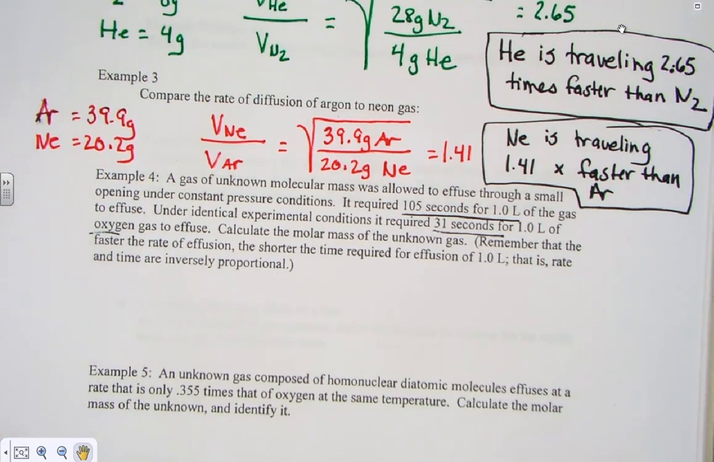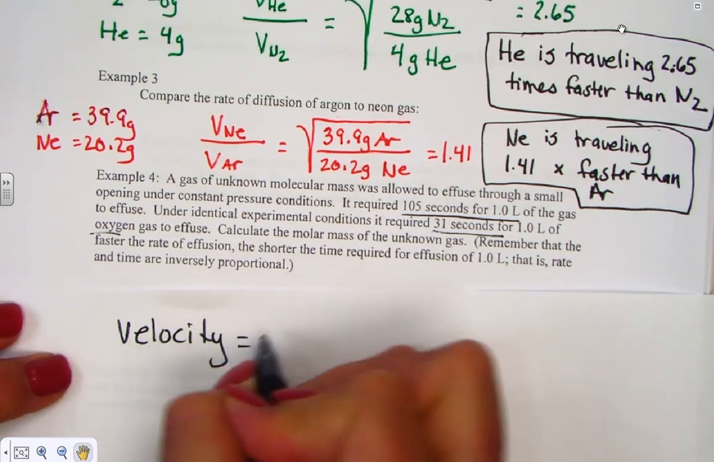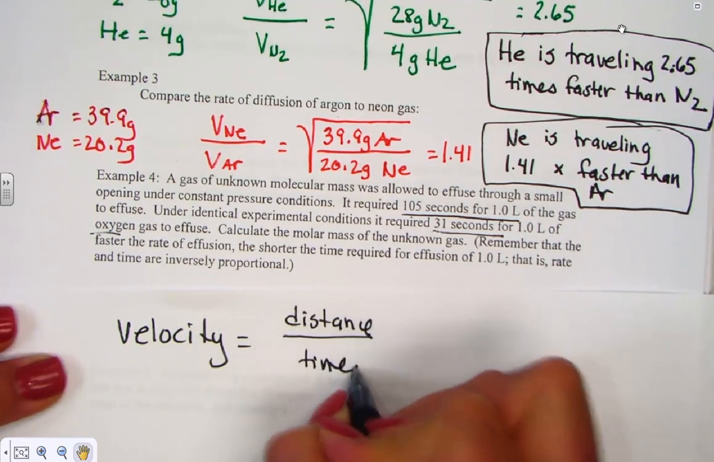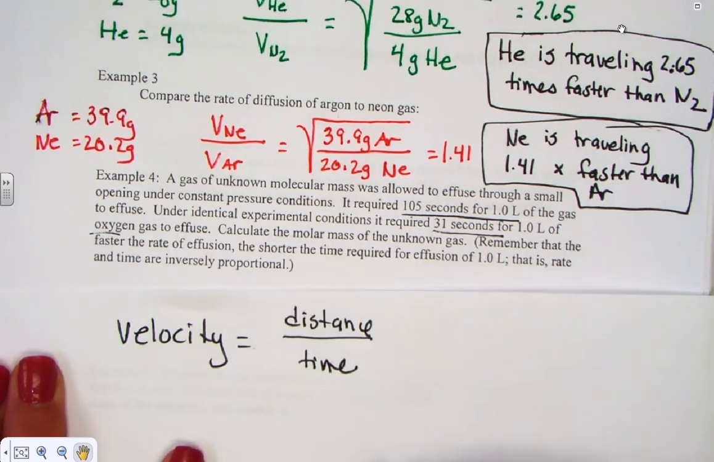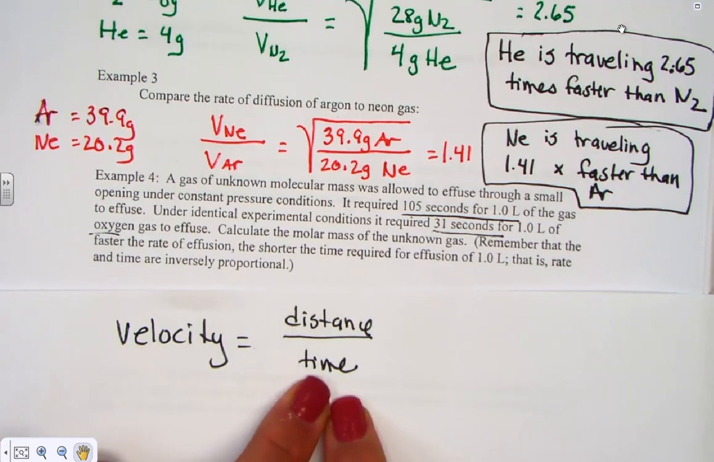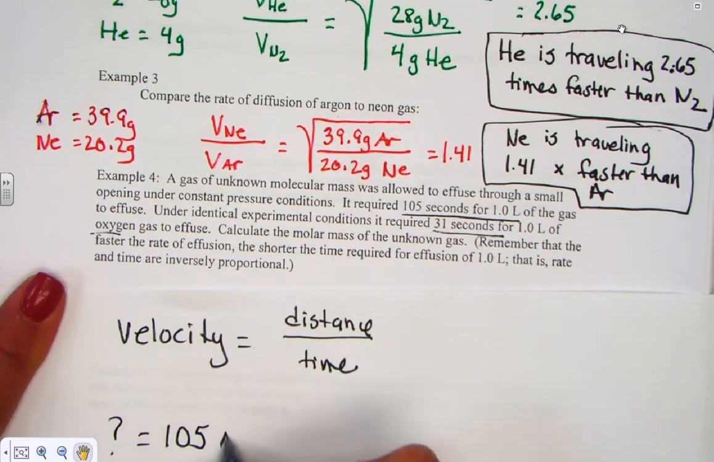Remember that the faster the rate of effusion, the shorter the time to escape through that hole. Let's talk about that. Velocity is speed. Velocity is defined as distance traveled over time. Write this down in your notepad. Distance over time is the definition of velocity. They're really telling us about the ratio of velocities by giving us the information about the time it's taking for the molecules to escape. If some unknown gas took 105 seconds,